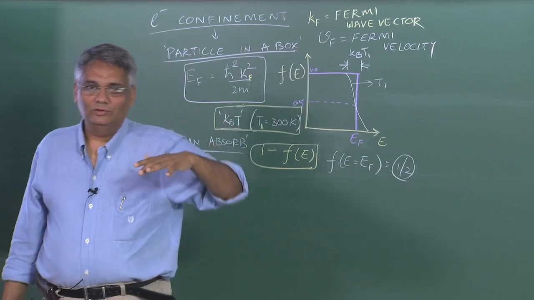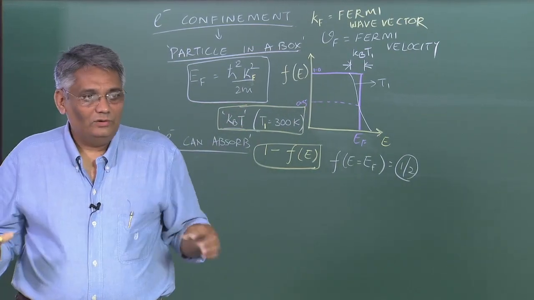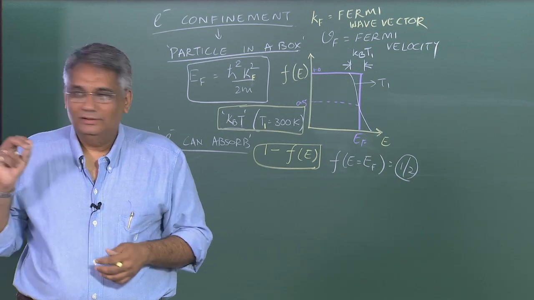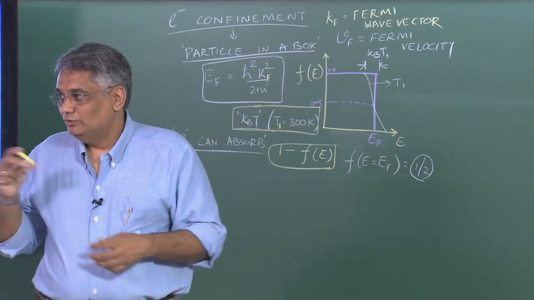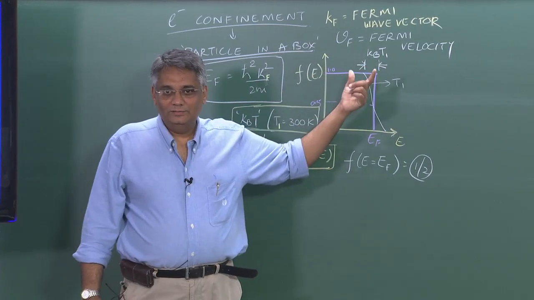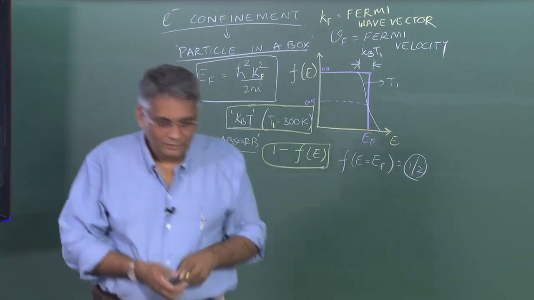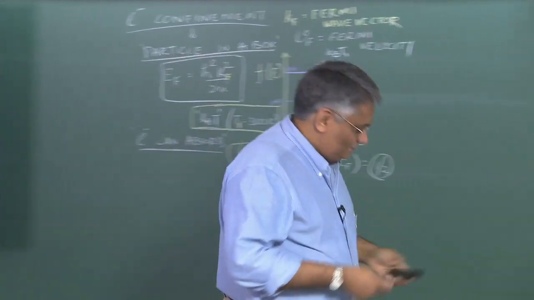That's the reason why now we know that not all electrons can participate in a given process. It's only those electrons within kBT, within that energy limit, that participate in a given process. Okay. The next one is,